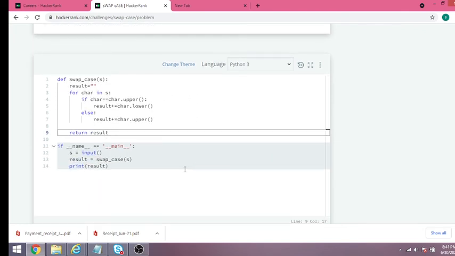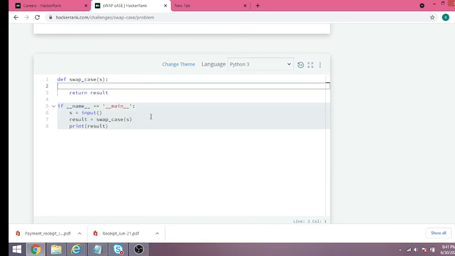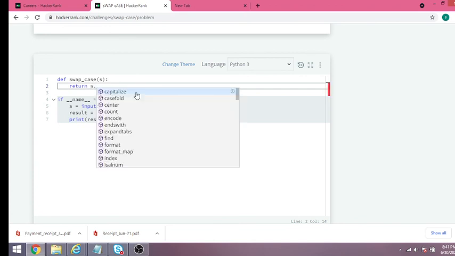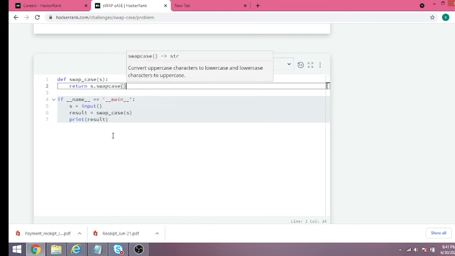Now I am going to explain using the Python built-in function. It is very simple. I will remove this code and just return the value. It's a one-line code only: s dot swap case, the second function I will be using, and it is returned.